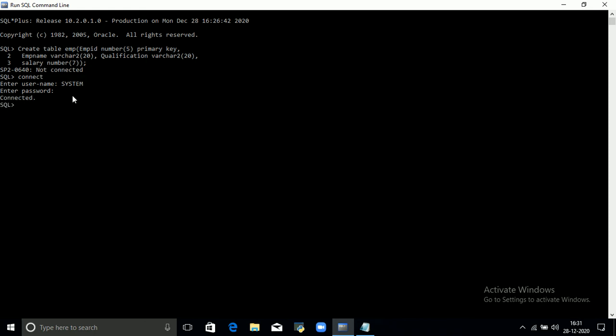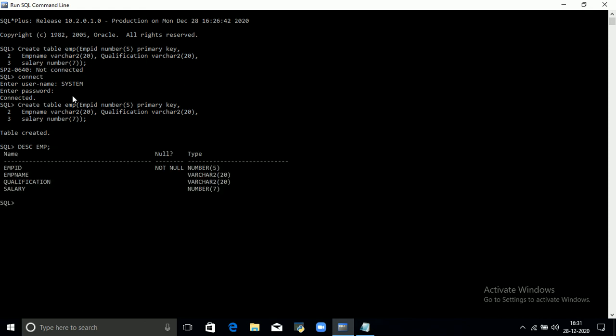Yes, the database is connected. Now we execute the create table command. Yes, the table is created. Now see the description of the table. DESC EMP. This is the description of the table.